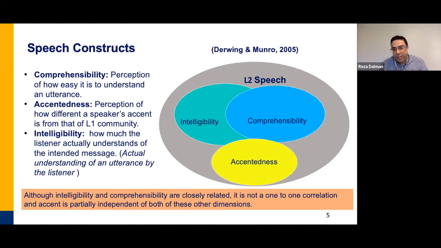The focus of the present study was on to what extent online-based intelligibility instruction improved intelligibility and comprehensibility of L2 learners. Actually, these two speech constructs are indispensable to successful communication. And the results of previous research have shown that speech can be highly comprehensible and perfectly intelligible, even if it is strongly accented. So the focus of the present study is only on intelligibility and comprehensibility.